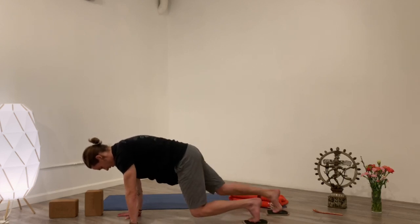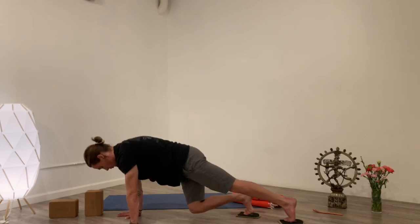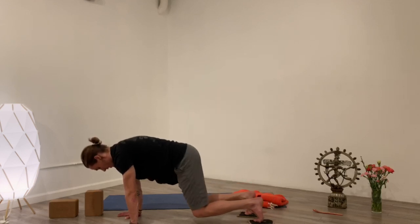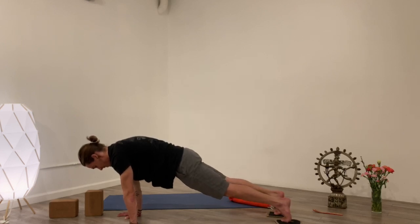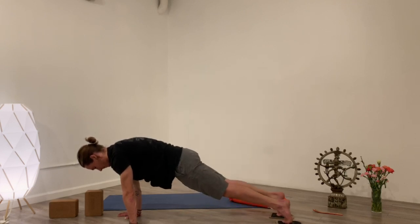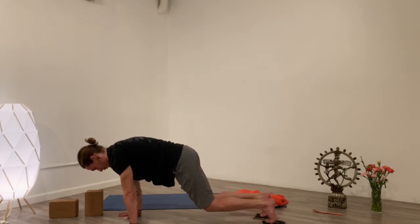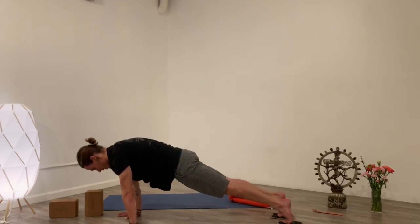You might stay here on alternating sides, or if you'd like more, both legs at one time. Inhale, both legs extend, high plank. Exhale, knees draw in. Kneeling table or floating tabletop. Inhale, high plank. Exhale, floating tabletop. You might stay here. If you want more,